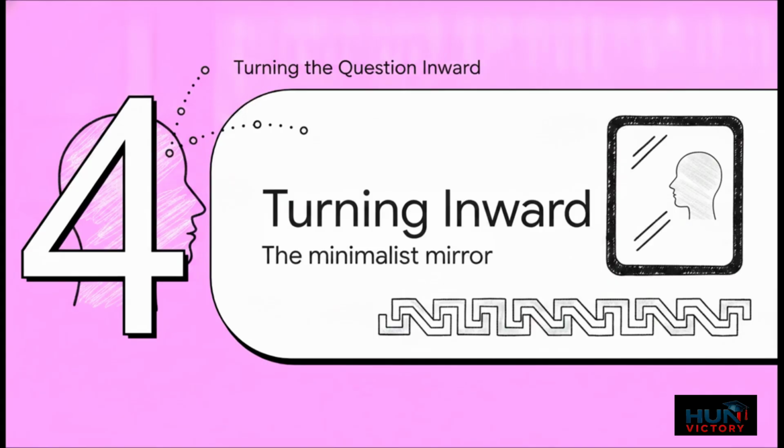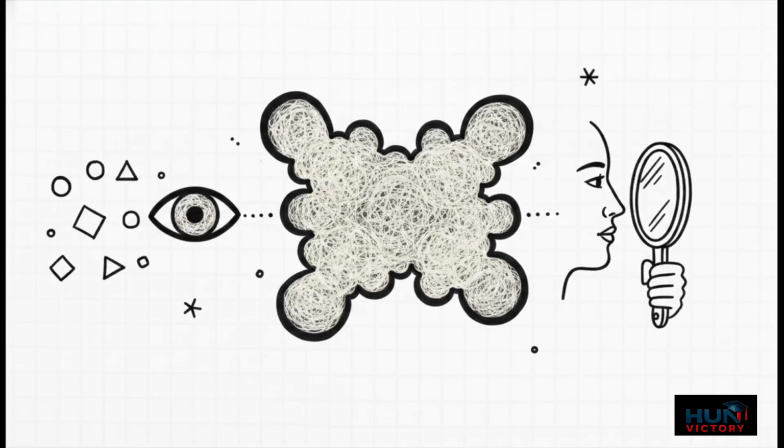Section 4. Turning the question inward. The minimalist mirror. Because the author actively withheld the actual subject of the obsession, this text forces us to project our own context onto it. It's basically a linguistic Rorschach test. We really have to ask ourselves, is the author critiquing some external societal trend that they just find baffling? Or is this an intimate internal confession? Are they looking in the mirror, questioning their own fixations? The absolute brilliance of this text is that it seamlessly supports both interpretations at the exact same time.